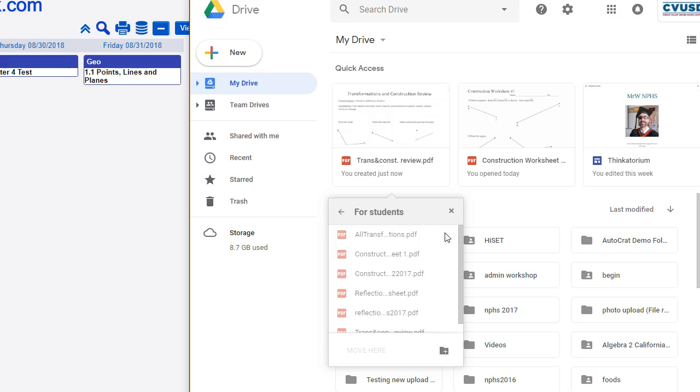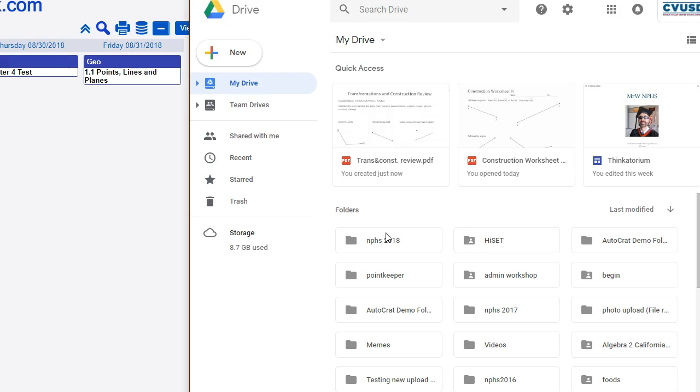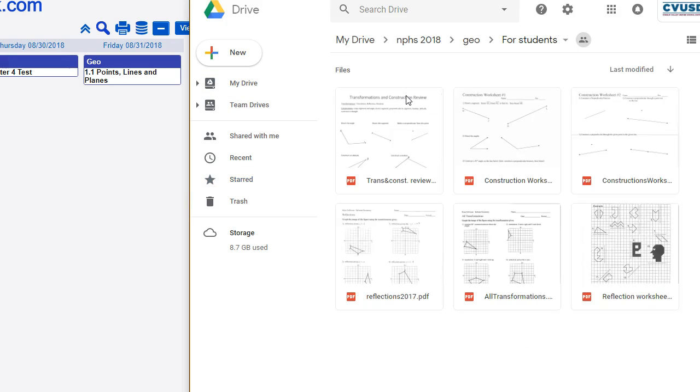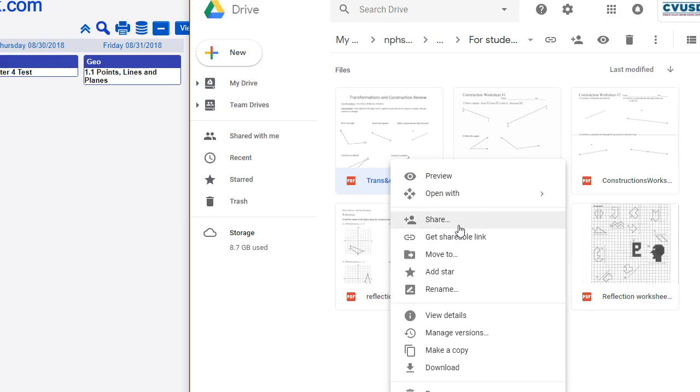Okay, so that's a process. One other thing, let's see here. Now that I've got it in the right folder, let me share one last thing with you. The other thing is how do you get this link to students? Aside from just giving students the link to the entire For Students folder, what if I want them to get to this exact document on a particular day? Then what you do is you hit the right mouse button, and you have a couple of choices: Get Shareable Link or Share. In my case, because I shared this in such a way that anyone with link can view,